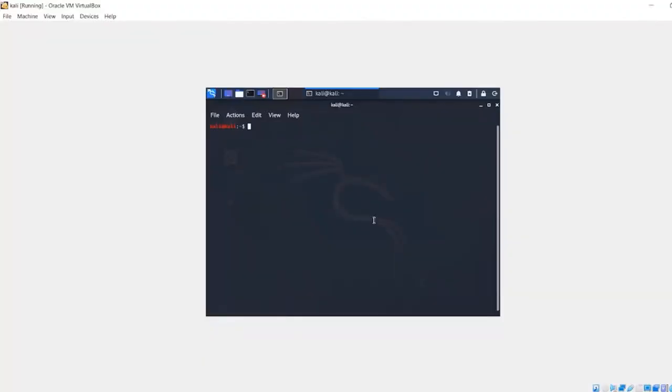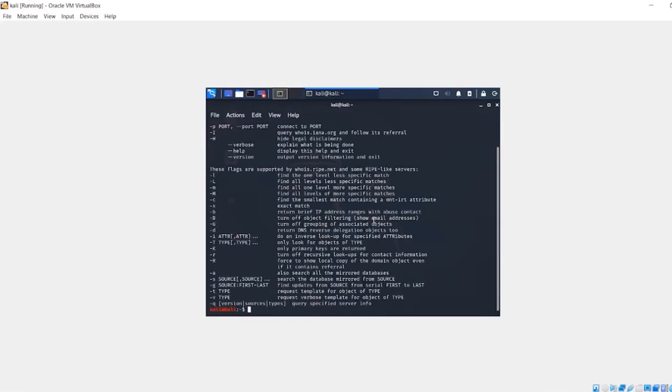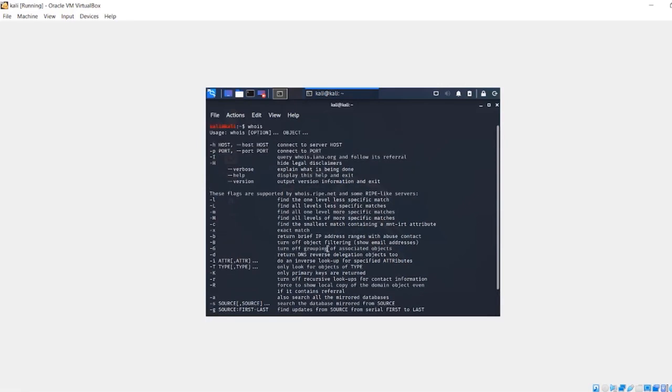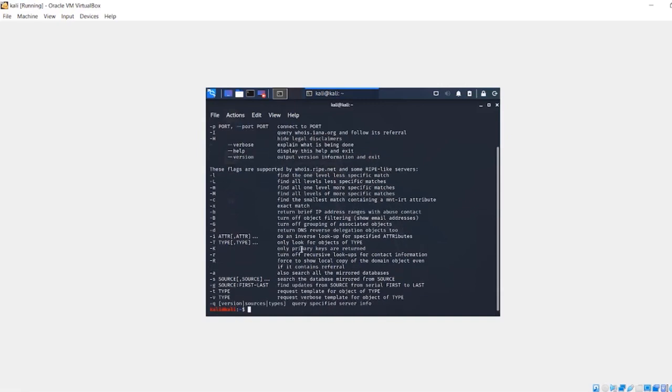Okay, so when we're in Kali Linux, the first thing that you want to do is open up a terminal and then just type in Whois. You can hit enter and see all the different options. We're not going to use a lot of these. We're really just going to use it to get a little bit of information, but you can go ahead and read over these yourself and figure out some more of the power behind this tool because you can really gather a lot of information. But all we're going to be using it for is just to get information about a